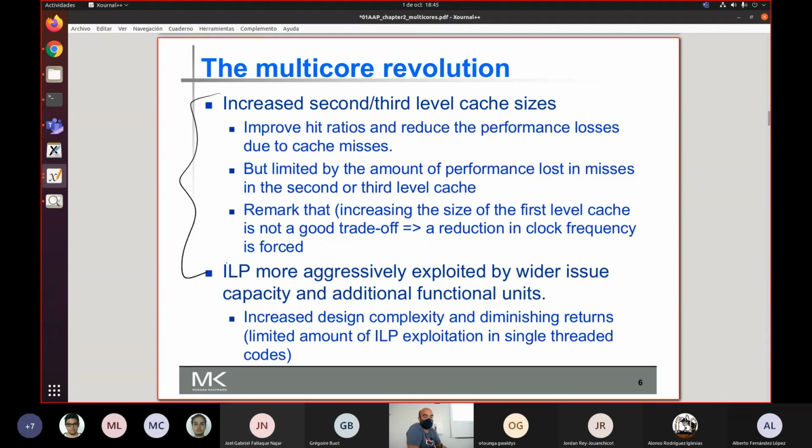So at the beginning, when cache memories appeared, they were usually implemented off-chip. This means that they were not part of the chip of the processor. You had the processor and then another component which was the cache memory. Now obviously the different levels of the cache memory are inside the